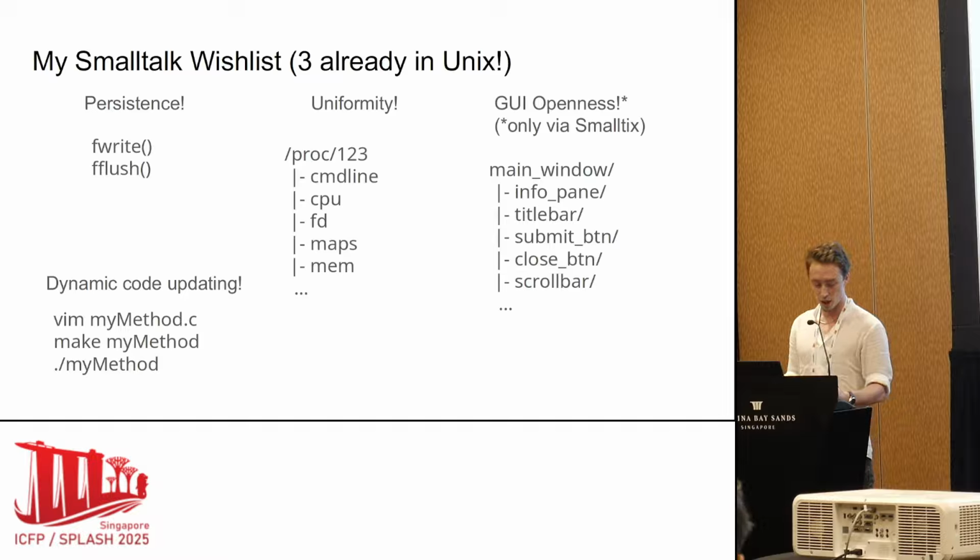And finally, GUI openness is achieved because GUI elements are now real addressable entities in the file system instead of obscure fragmented bytes in private process memory. Instead of dying with the process, graphical applications are automatically persistent and can compose more easily by referencing each other's components. In Smalltalk, the various browsers and inspectors and debugging tools all work together seamlessly in a way that graphical Unix applications simply can't, and it's because of this.